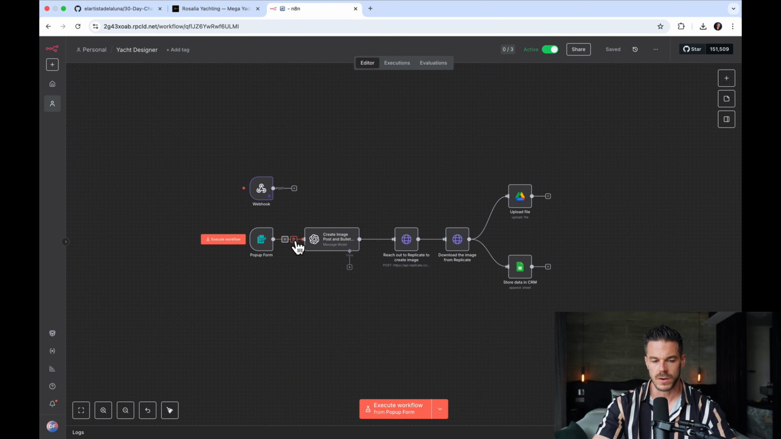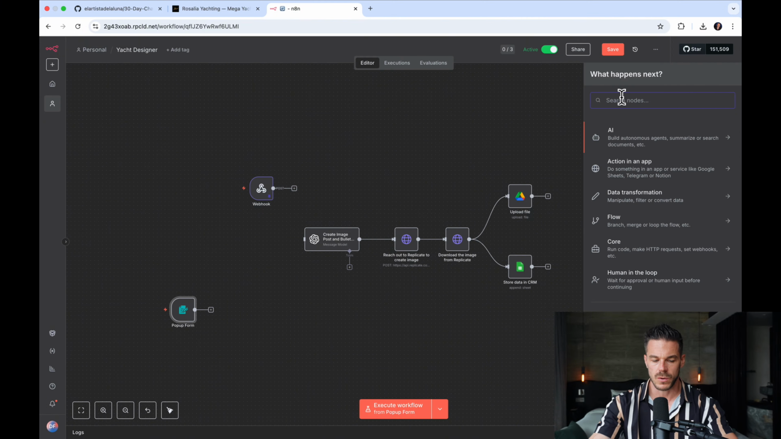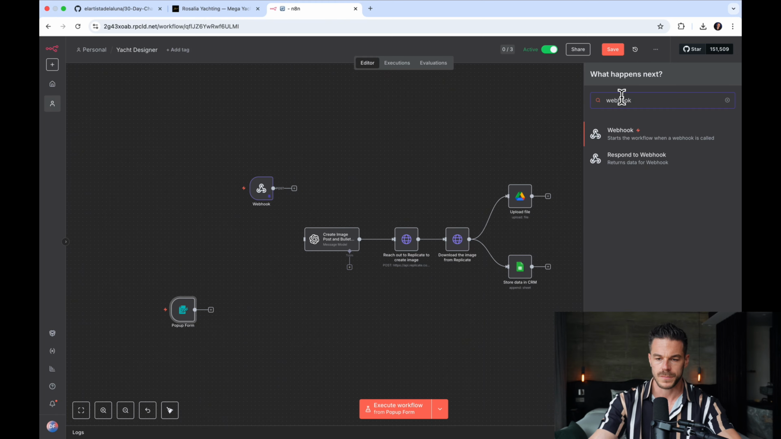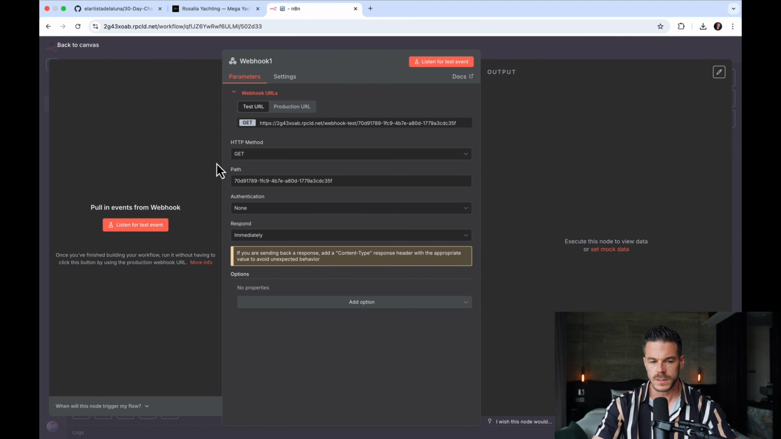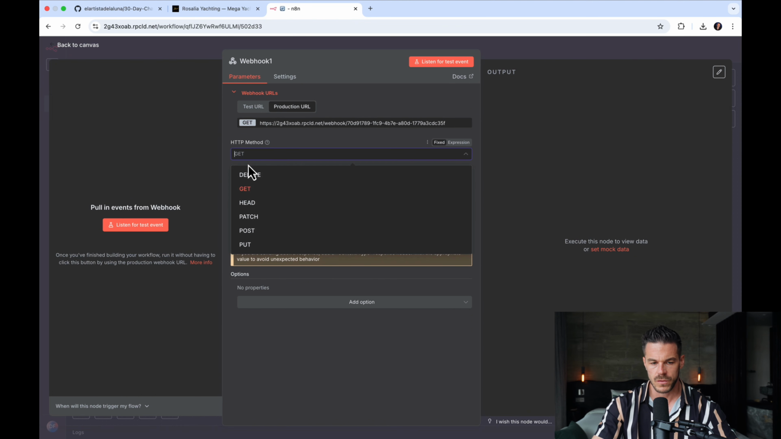You just disconnect here the very first element, move it to the side, and then you go here to the plus, you hit here webhook, and then you click here start the webhook when a webhook is called, exactly on that one. Then you are inside the element, and then pay attention, this is super important. You go here to production URL, okay, and here to